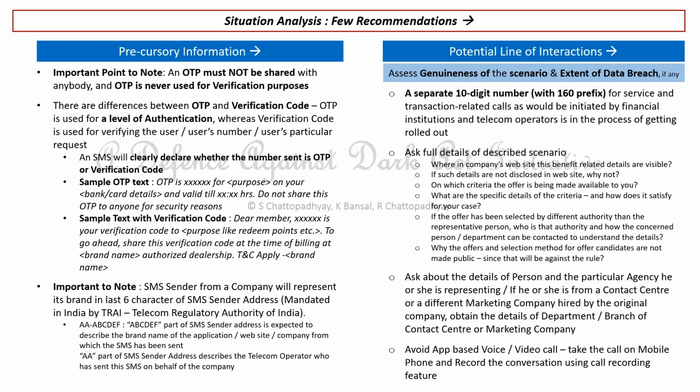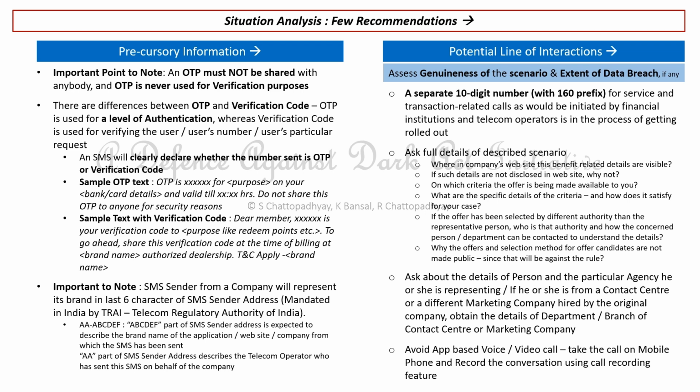Verification is something different. Verification means that you are verifying that this mobile number belongs to you, and your identity is verified through this verification code. Now, these are two different numbers. OTP is usually a number, a verification code is also usually a number, and both numbers are delivered to you through SMS most of the time, but these are different. And you need to be mindful of those differences.